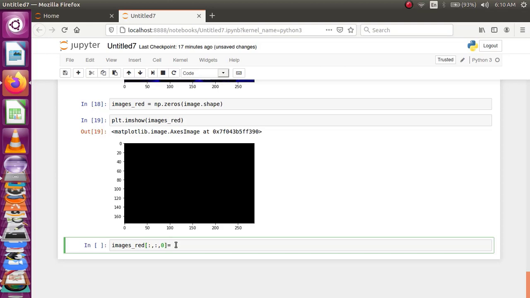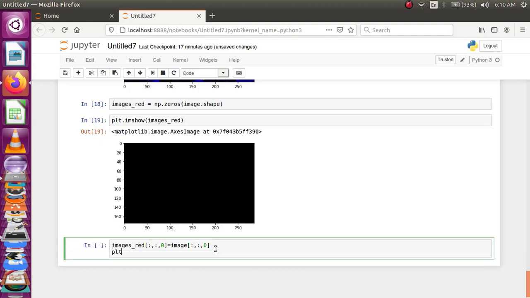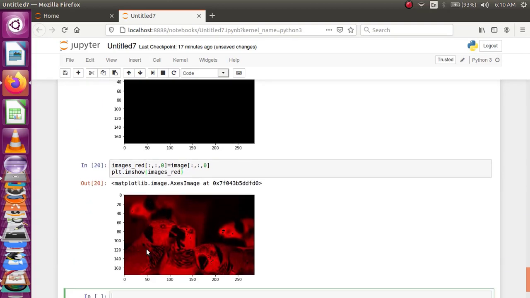So from my image, I am copying all the intensities of the red channel into this zero-element image. Now let me plot this. Now you can see the red channel image.